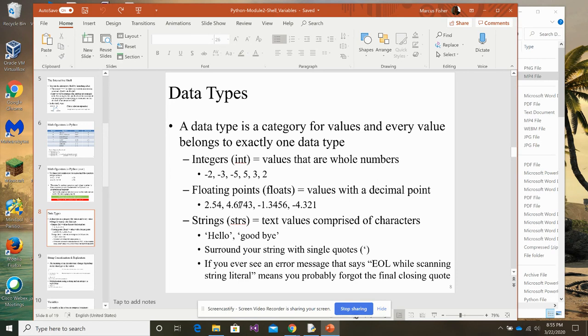Okay, so integers, your options range from negative values up to 32,000 and something. Floating point, there are minimum and maximum values. We'll get into this later. It's based on the type of architecture that your code is actually running on, or what the interpreter is running on. But we don't need to worry about that right this minute. And then we have floating point numbers. That's our standard where we have any decimal point. And then our strings. Now in Python, we can use the single quote or we can use the double quote. Okay, so this is a legitimate string as well. Okay, so if I want to create a variable